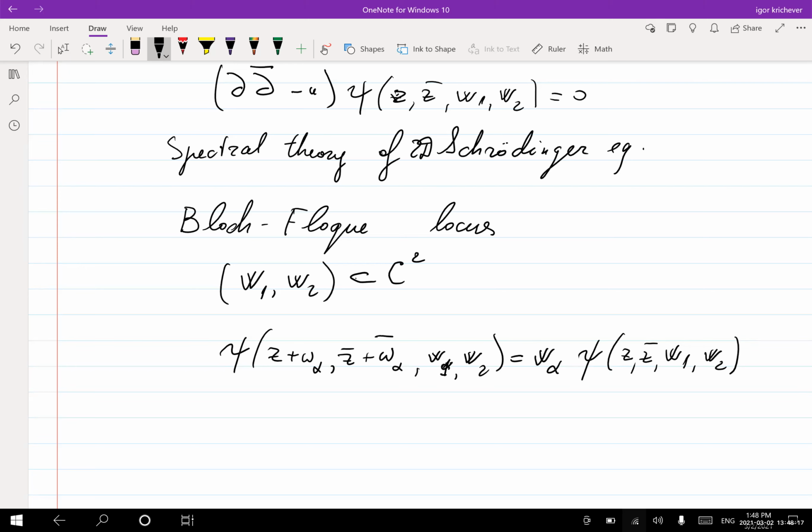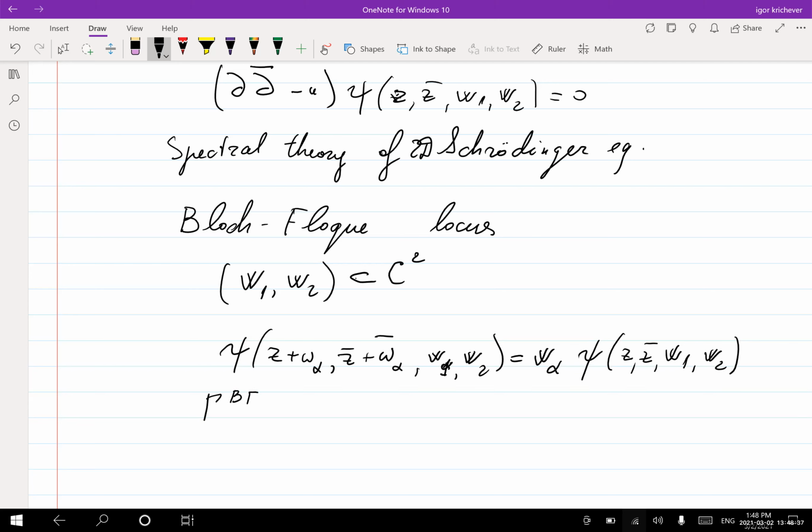But it is natural to expect that there would be some analytic locus inside C2 for which such a solution exists. So